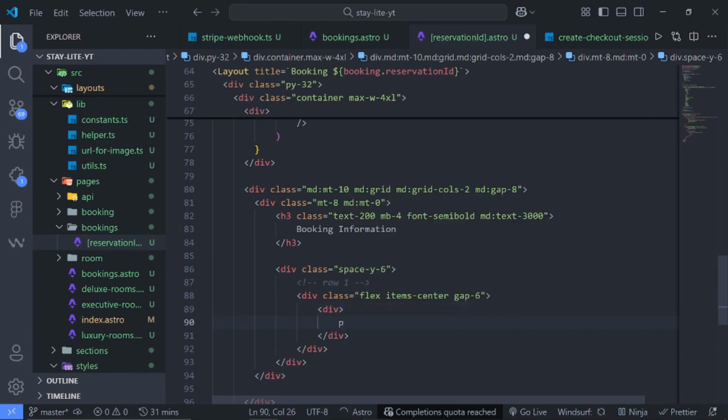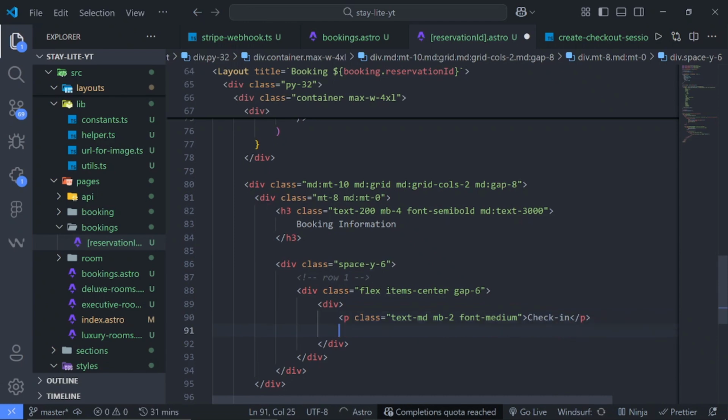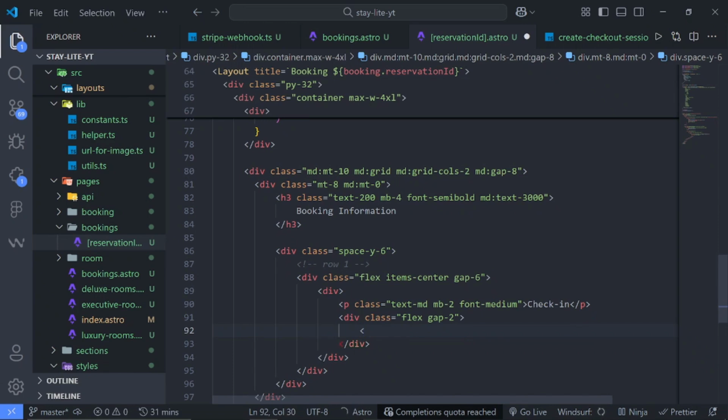Then inside this we'll bring in a p tag. I'll give this a class of text-md, margin will be 2, then font will be medium, and here we'll just say check in, like so. Then we'll also bring in another div, and inside this div we'll give this a class of flex. Gap will be 2. Then inside here we'll bring in the calendar